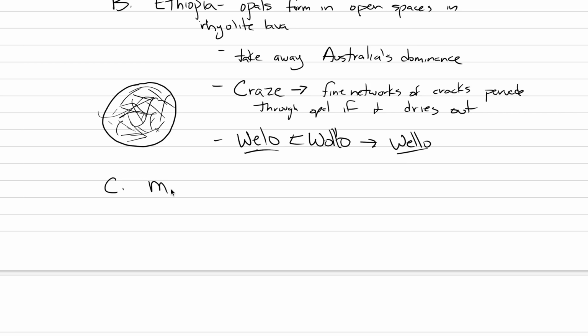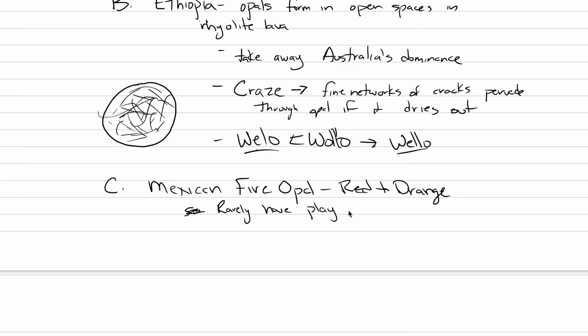And then I guess finally, let's just talk about the Mexican fire opals. These are the red to orange. They've been mined in Mexico for 200 years, and they've been known for a very long time. Let's say they rarely have play of color. Most of the time they're just common opal that has a beautiful shade. And the reason why they rarely have a play of color is because instead of forming spheres,